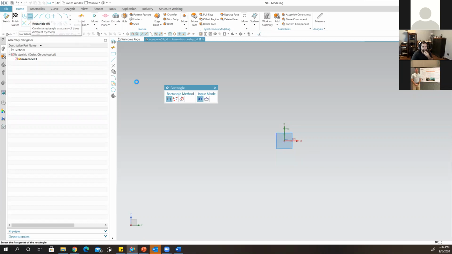We've got 3 different types of rectangles. We've got the regular, corner to corner, and then this one, the 3-point, and then the from center. I'm going to select the third option, which is the from center. If I hover over the origin, a yellow point is going to pop up, and that's just letting you know that's the origin of this particular sketch. So I'm just going to click on that origin,